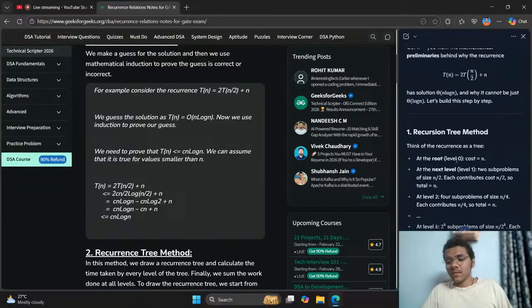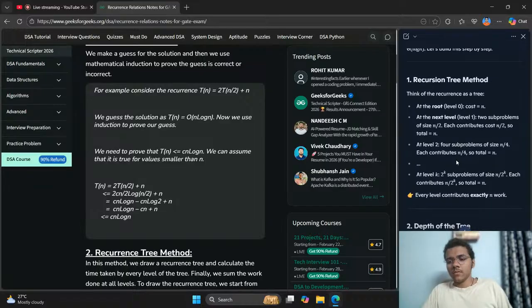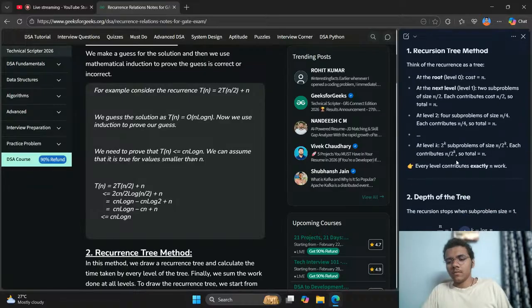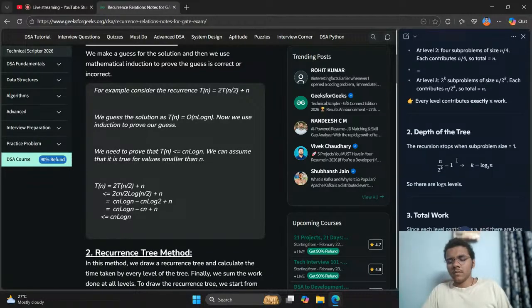At the root, cost is equal to n. At the next level, two subproblems of size n by 2 each contribute cost n by 2. Every level contributes exactly n work. The recursion stops once the problem